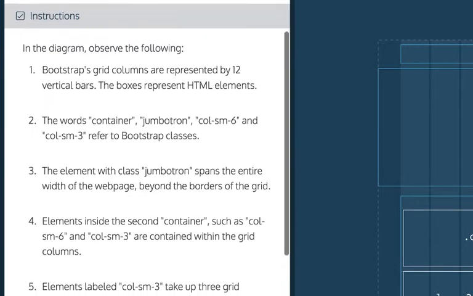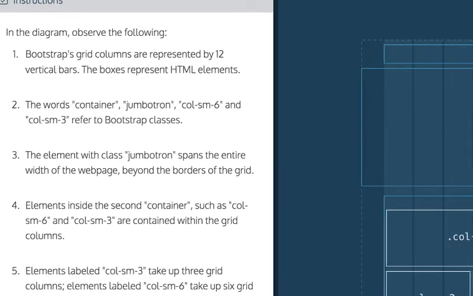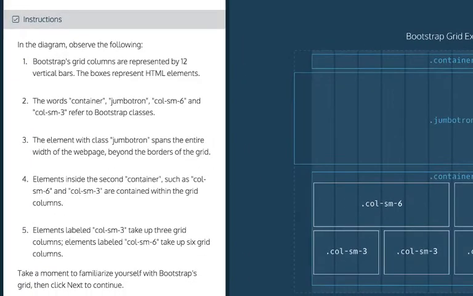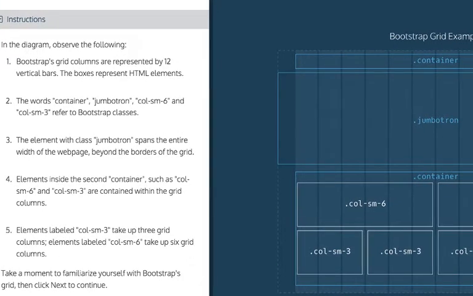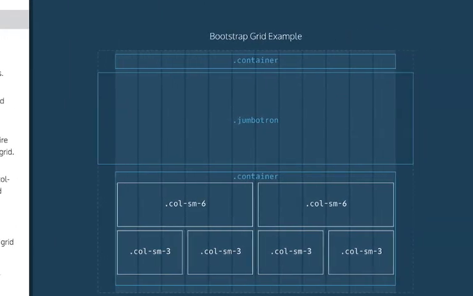So in the diagram, observe the following. Bootstrap grid columns are represented by 12 vertical bars. The boxes represent HTML elements. And that's what it's saying here. We got these columns, and there should be 12 of them spread across. If we counted them, 1, 2, 3, 4, 5, 6. 1, 2, 3, 4, 5, 6. So those are the 12